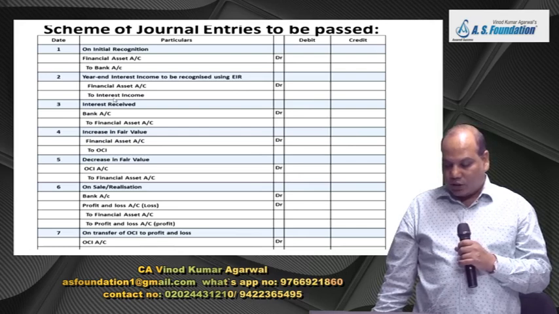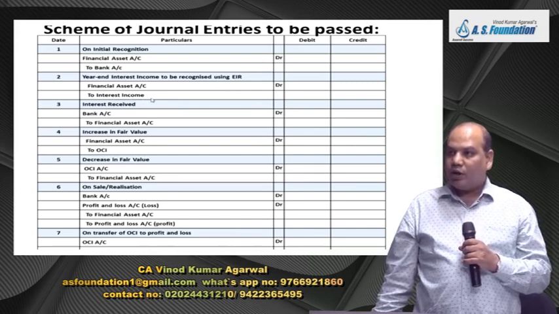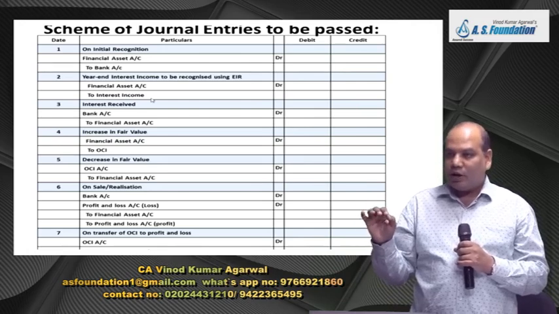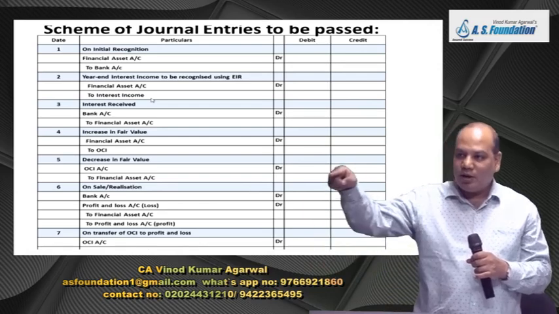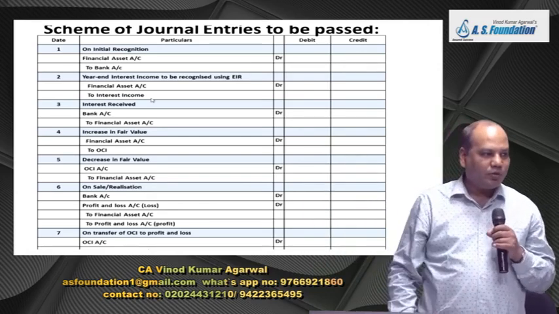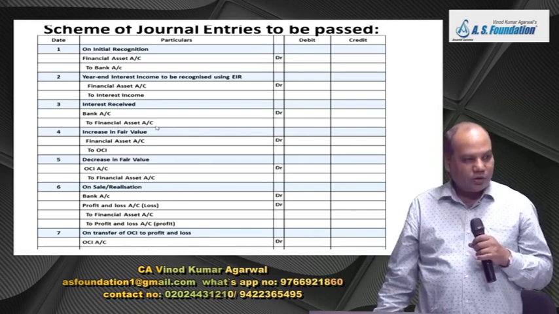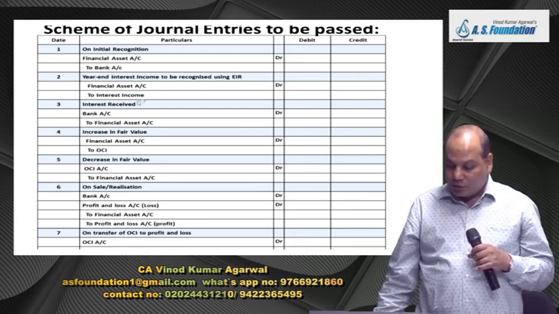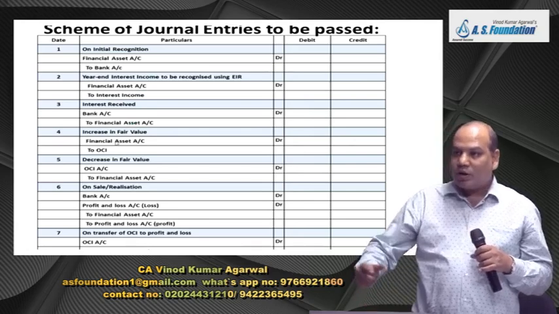Entry will be financial asset account debit to interest income, and for that we have to first prepare that amortization table. Why did I make you practice 5 or 6 questions? Because you will have to use the same table in FVT OCI debt instrument also. And then in case you receive any interest, bank account debit to financial asset, like we did in